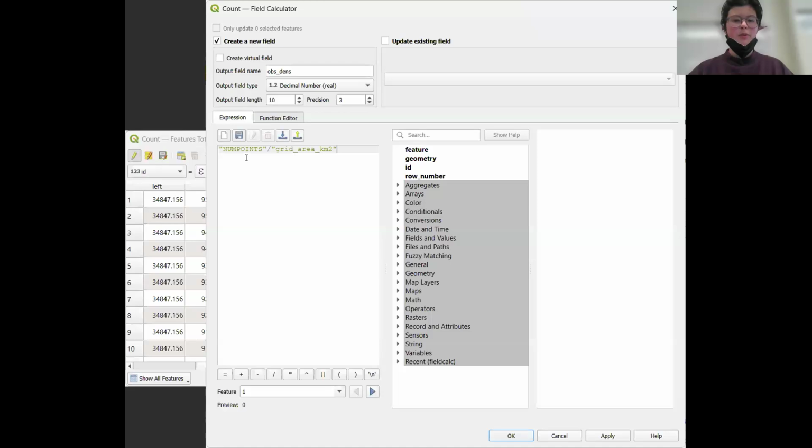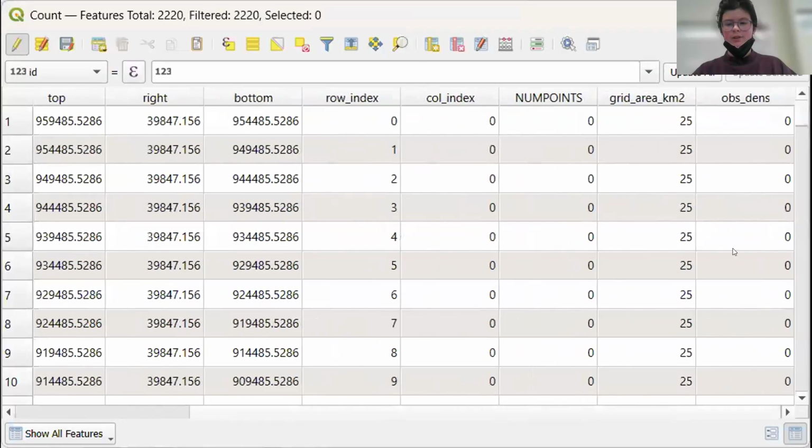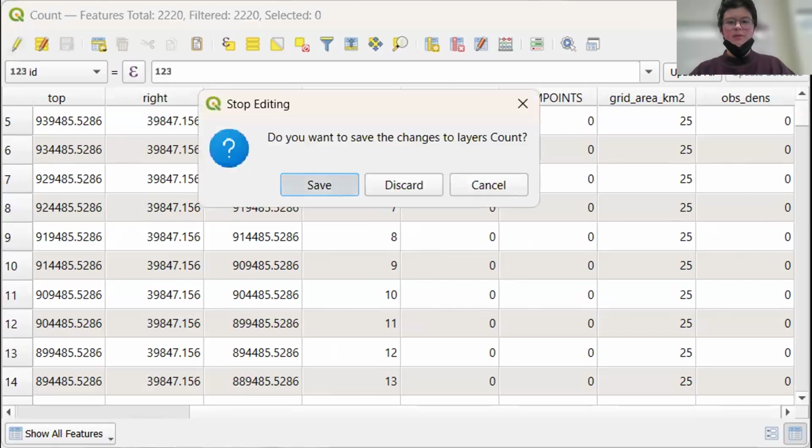So this is the number of points per 25 square kilometer grid cell. You're going to click OK. And that has created an observation density layer. As you can see, a lot of them are going to be zeros because they're 0 points, but then some of them start to become populated. So let's visualize this. I'm going to toggle off editing, save my changes,